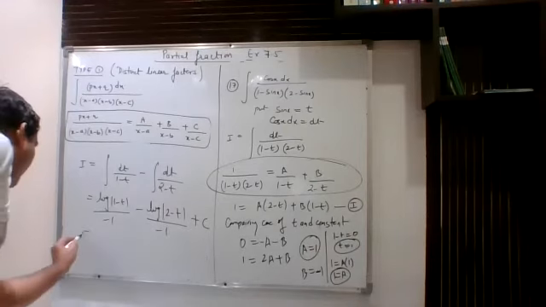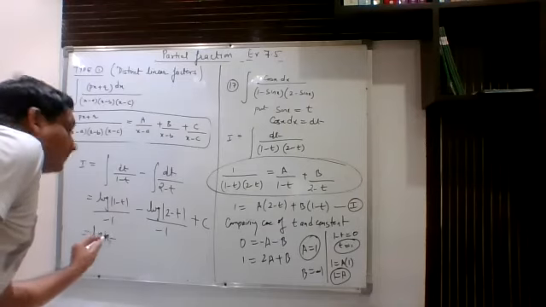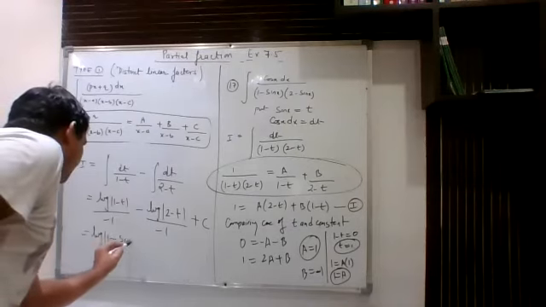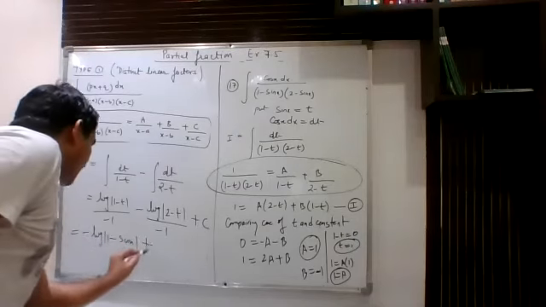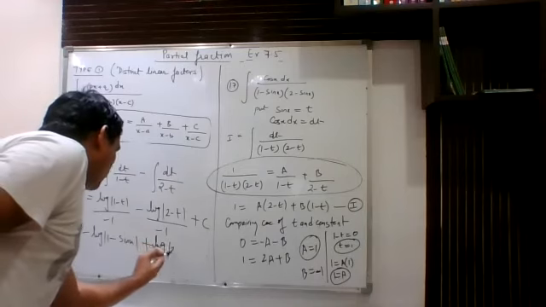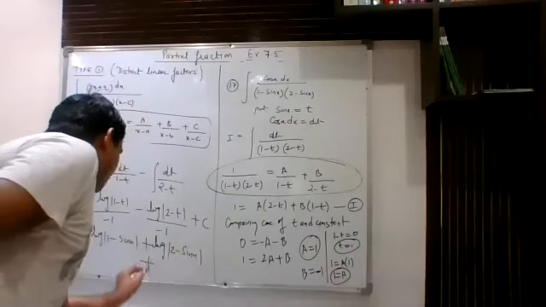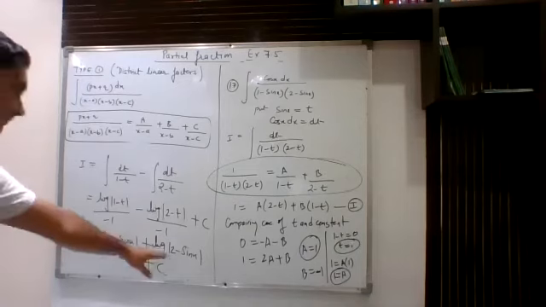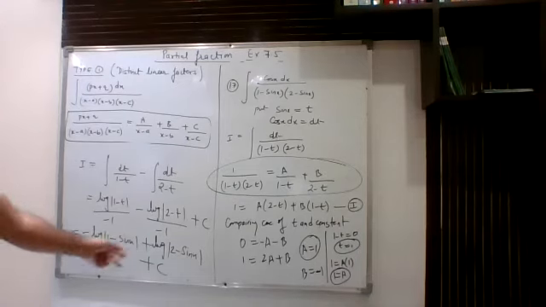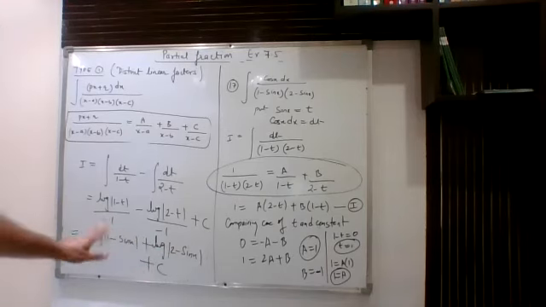So finally I will put the value of t as log 1 minus sine x with a negative sign, and this will become plus log 2 minus sine x plus c. So this is our final answer. Sometimes in NCERT they just fill up with this by using that property of log, so they can write log this divided by that plus c. Or if you want, you can leave the answer like this also.